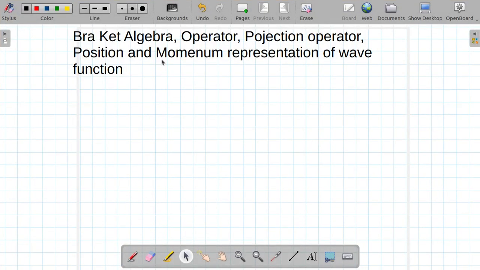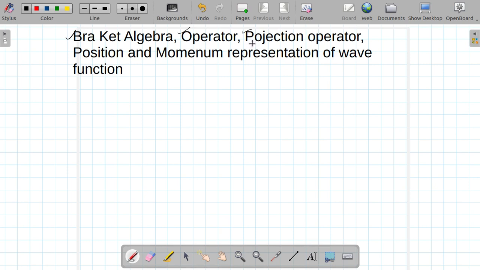Welcome to this lecture on Bra Ket Algebra. Here I will try to discuss certain properties of Bra Ket Algebra. Then I will talk about operators. Then I will define the projection operator and its properties. Then finally I will try to express the wave function